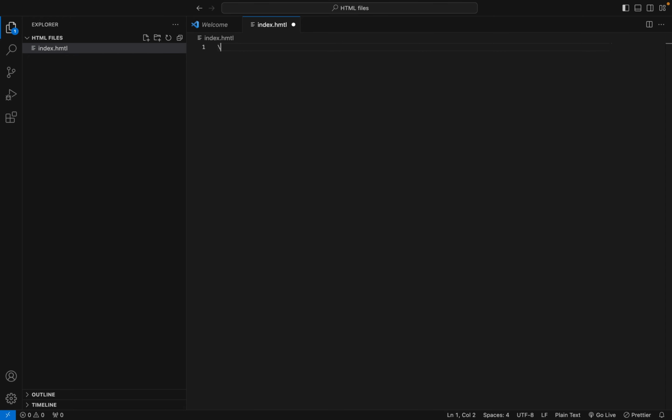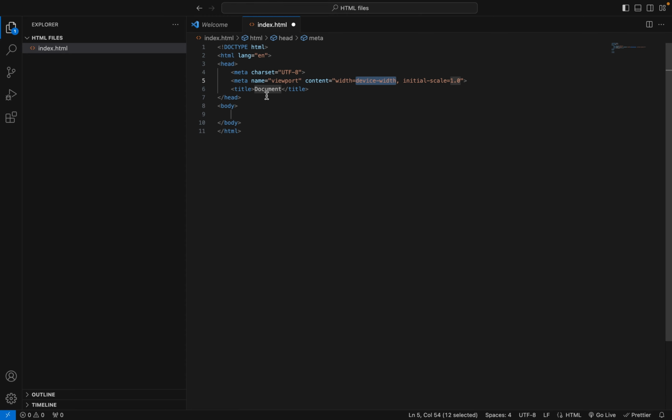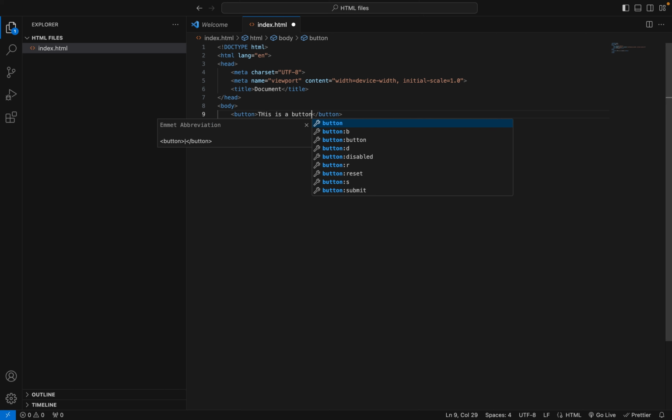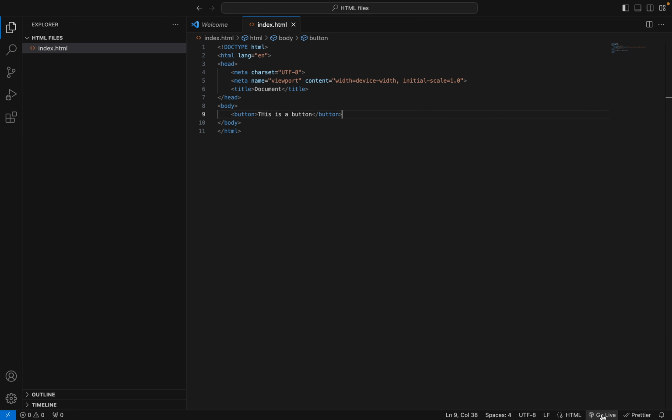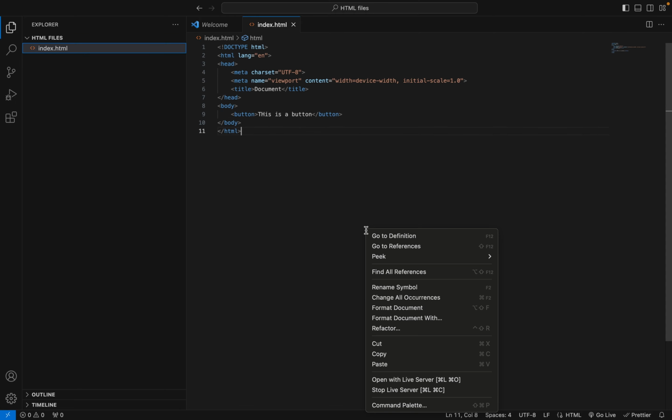Sorry guys. Here is where the English HTML extension, and let's just say have a button. Let's say this is a button. The purpose of me doing this is to show you what it means having this live server type of extension. If I go down here and see the go live button, or right click it and just say open live server,